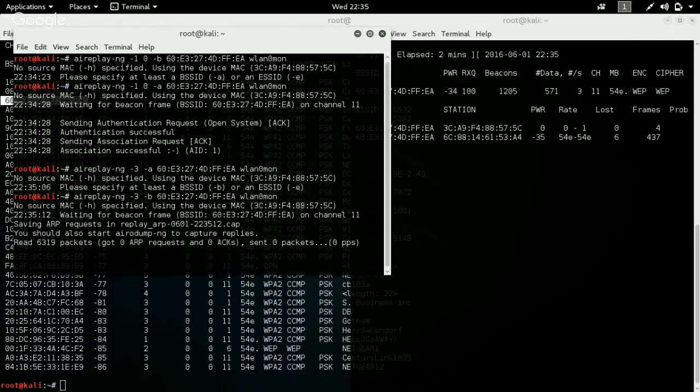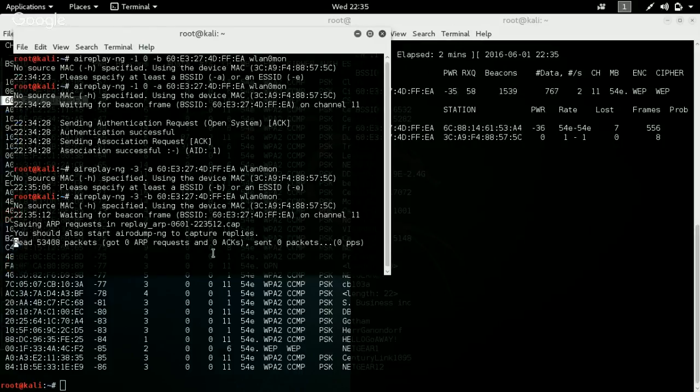So now what this is going to do is send a bunch of ARP requests to that network, and you'll see on the right hand side that once this gets going, the data numbers will start to climb. And this data number will also increase if the person you're attacking is using their computer to do a lot of internet browsing, data transfer, that kind of thing. So I don't have to do this attack. I could let this just run for a couple hours and get enough data to crack the WEP key, but